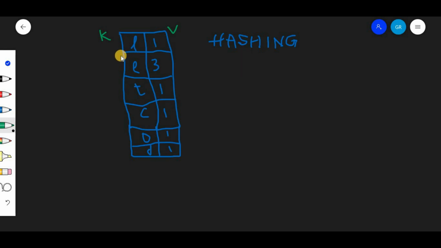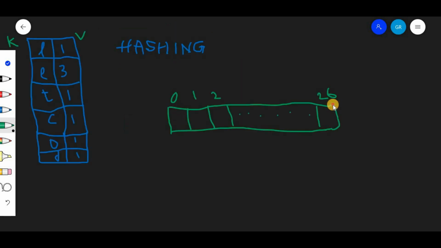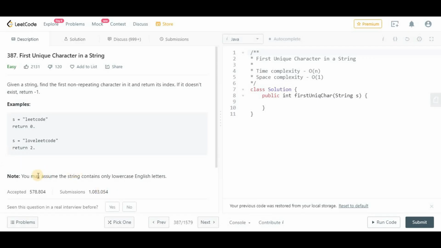That approach, how to count the characters and store them in one array, I have covered in the anagrams lecture. I will give the link in the description, but let's see here how it will look. So we will be taking an integer array of 26 characters, because there are only 26, and they have also mentioned we can assume the string contains only lowercase English letters.